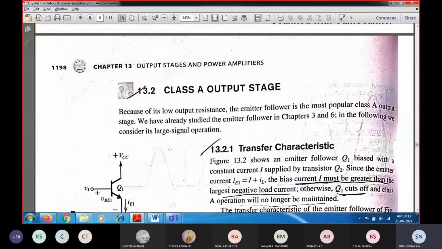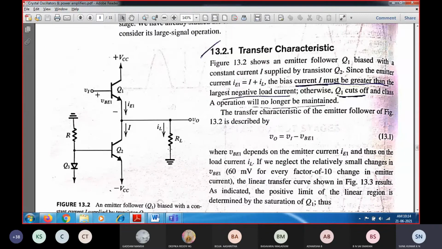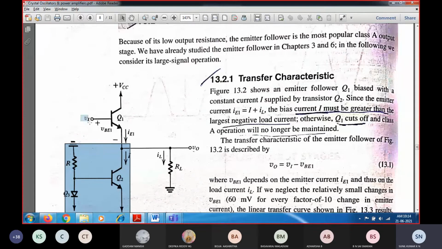So the class A amplifier circuit diagram resembles that of a simple emitter follower circuit. So we can use a simple emitter follower, wherein we can exclude this and we can get the output as well. Since it is a class A amplifier, you can get this emitter follower configuration. So if you design the circuit, you can go for an RC coupled amplifier, or you can go with the emitter follower configuration as an output stage of a class A amplifier.